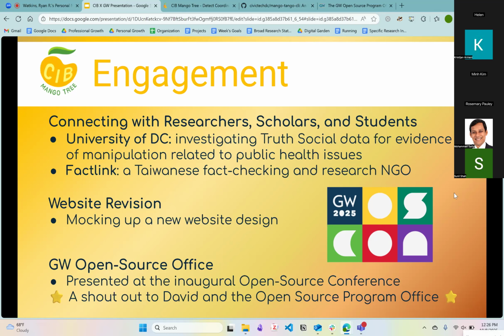The other example is FactLink, a Taiwanese fact-checking and research NGO. Like we said, this whole project is inspired by Taiwan's very vibrant civic tech society and its democracy, so we also want to provide a tool to Taiwanese NGOs. But we've been trying to reach out to different NGOs and researchers around the world, and we have talked to so many different people. If everyone here happens to know any NGO researchers from different countries, just feel free to let us know. If you want to be one of those researchers, we're also very welcome.